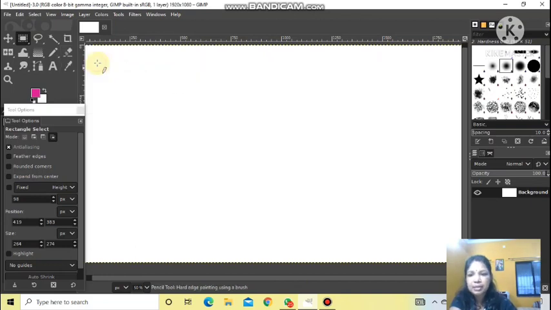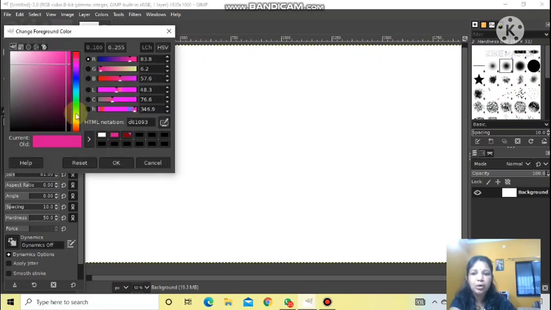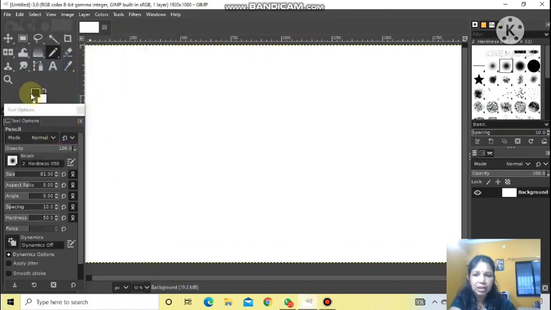So let's start with pencil, and here the color is pink. If you want to change it, click on that. If you remember foreground and background color, this is your foreground, this one is background. So background is already white, and if you start drawing, it will draw with pink color. So if you want to change, click on that. The color picker box will appear. Here current and old both are shown. So if you want to change, click on any color which you want. Suppose I want this grayish black. So old was pink, now you will use grayish black. So click on OK. You can see it has changed now.